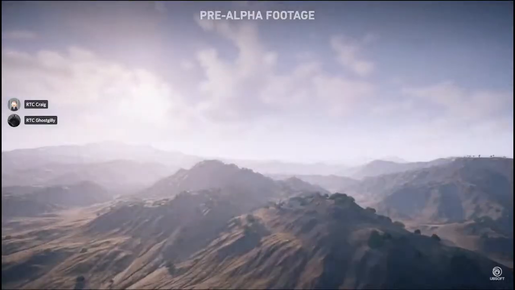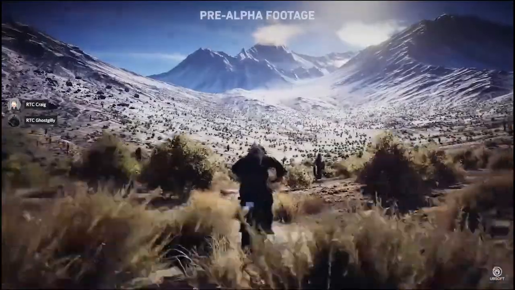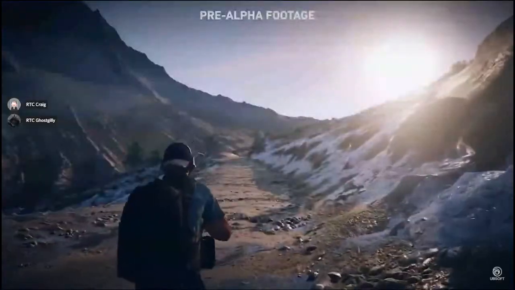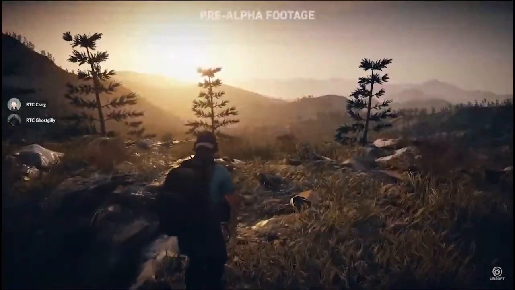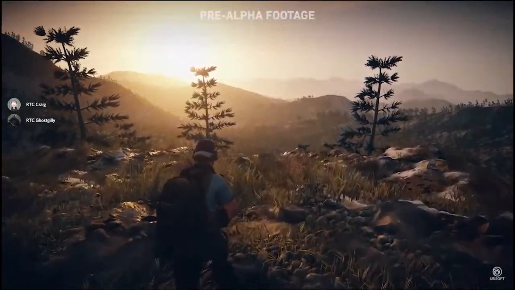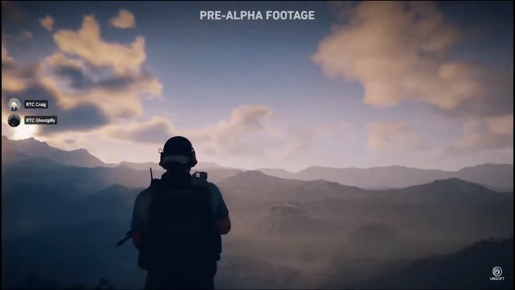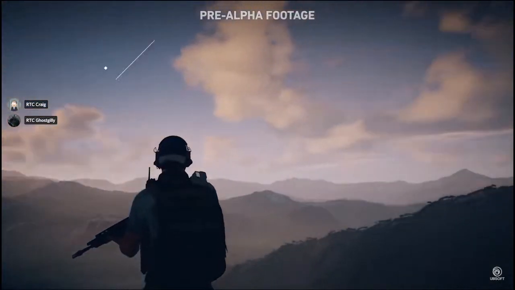Over the years, I've been fortunate to work with an incredible team of passionate artists and designers, some of whom have been with the franchise since Advanced Warfighter. It's been amazing to see the dedication of the team and how willing they are to improve the game, explore new territories, and push the limits of what Ghost Recon can be.